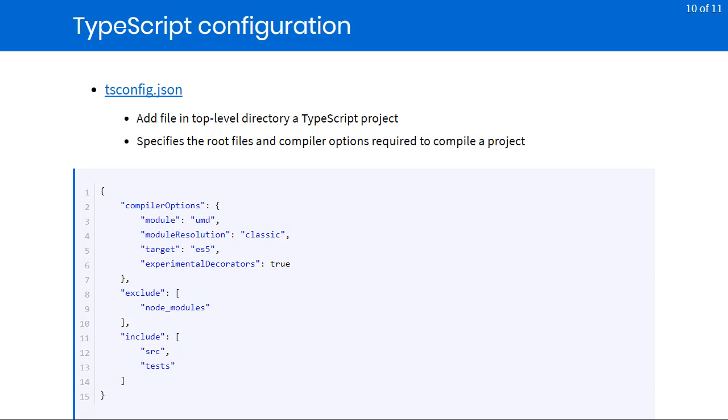So you see here at the bottom of the slide, we do have an example of a tsconfig file. A couple of things that are interesting to point out is we have the exclude and include arguments. These are additions to the tsconfig file that have been added over the last few versions of TypeScript and really help. The exclude array acts like you might expect. Any directory that's specified in that array is going to be excluded from your build. And conversely, the include argument includes a list of directories and files that will be specifically included in your build.